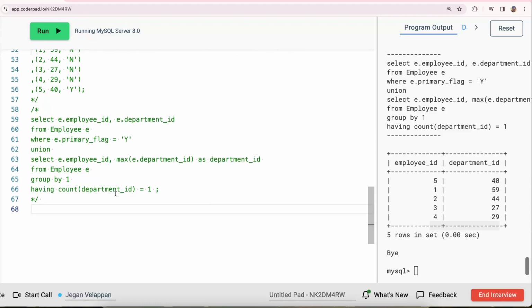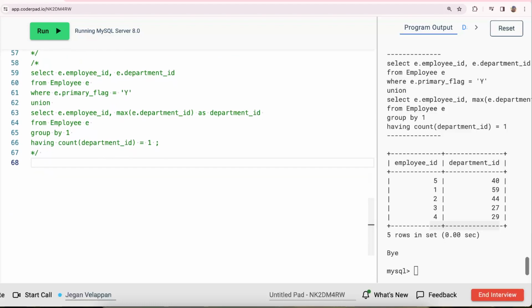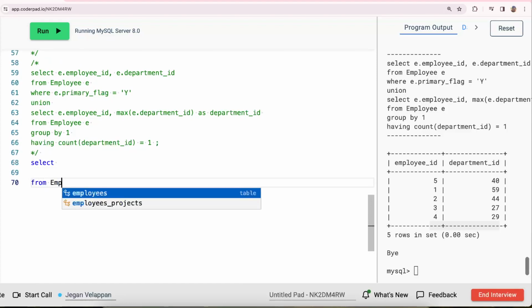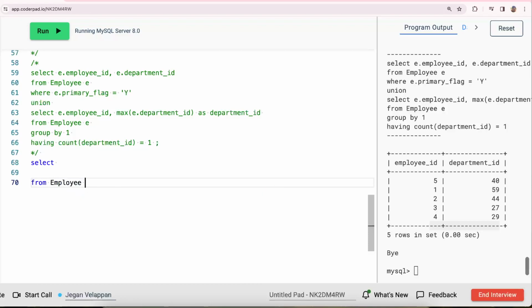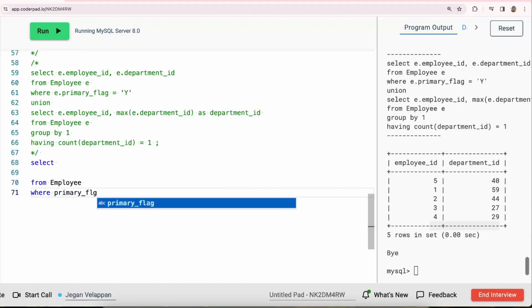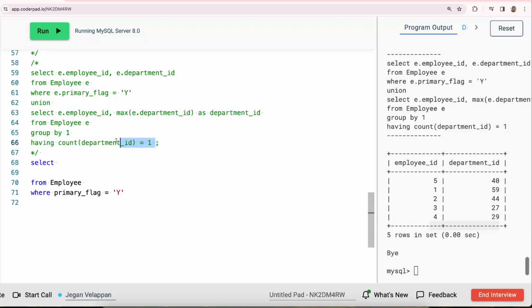What I'm going to do is use a subquery here. I say select from employee where primary flag equal to yes. So that will bring me all the employees with the primary flag, which means the more than one department scenario. And there's a second condition where the department count is 1 and you get the flag as yes or no, whatever it is, you bring it in. For that, I will say or